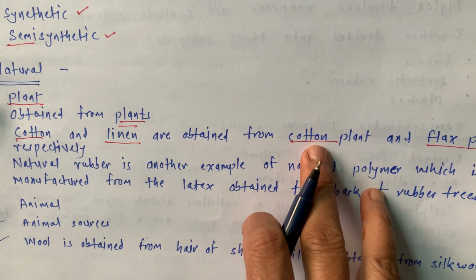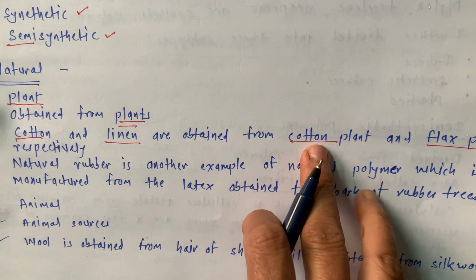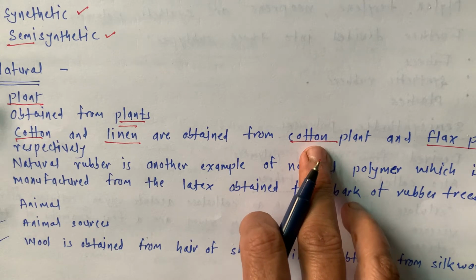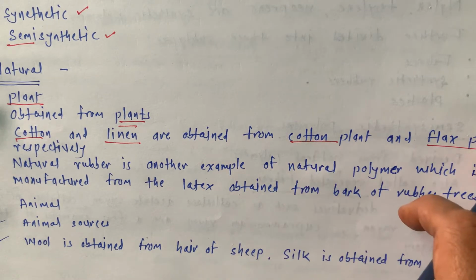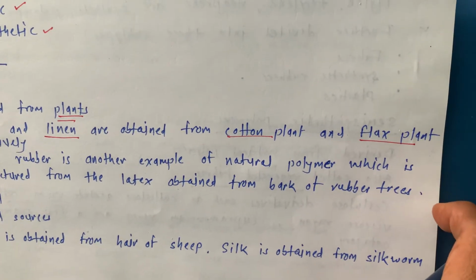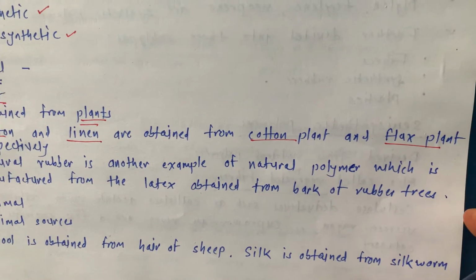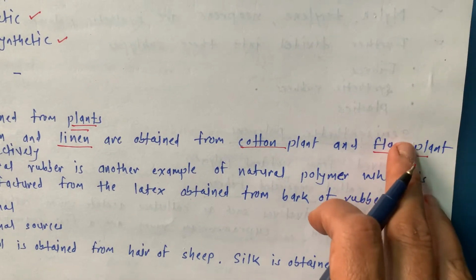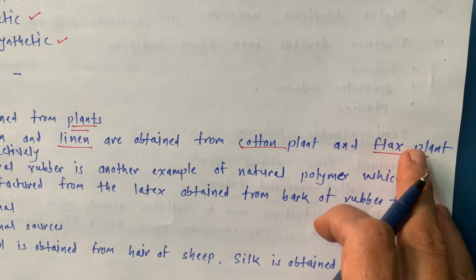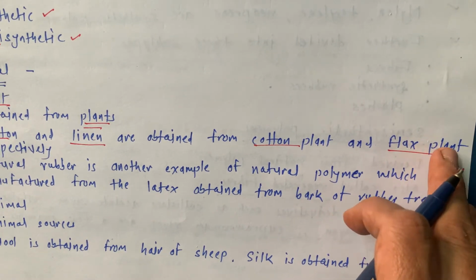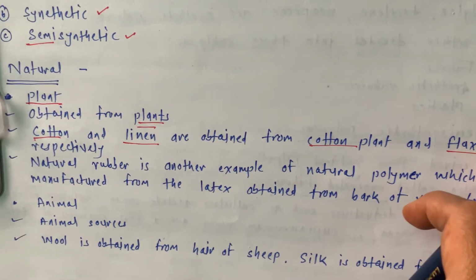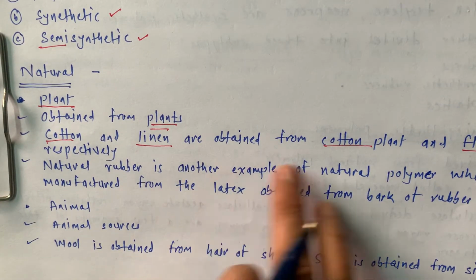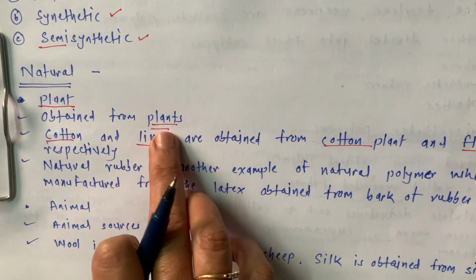म्हणजे आपला मराठीतला कापूस, आपल्याला ते कापसाचं झाड अतिशय चांगलं माहिती आहे. That is the cotton plant. And flax plant is generally not in Maharashtra, but we are going to see its origin is in West Bengal, Orissa, Assam, and all those northeastern parts. Okay, so these are the two things, cotton and linen.